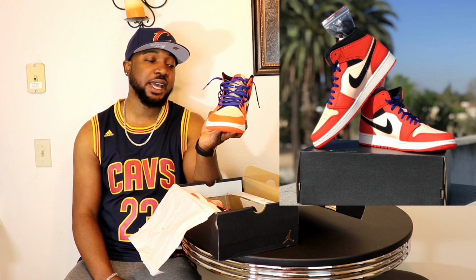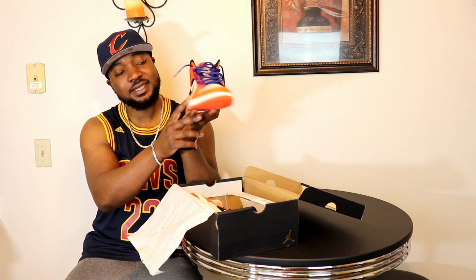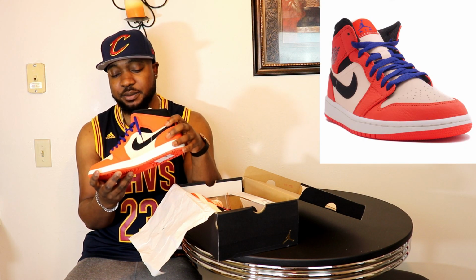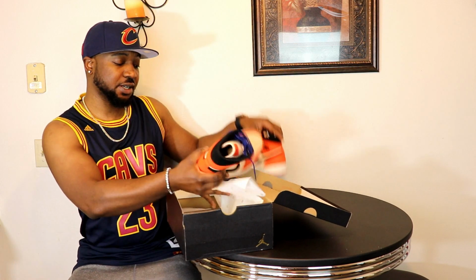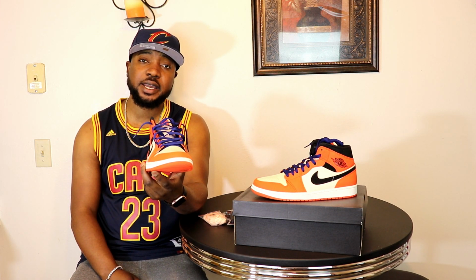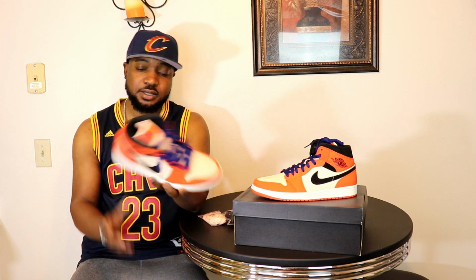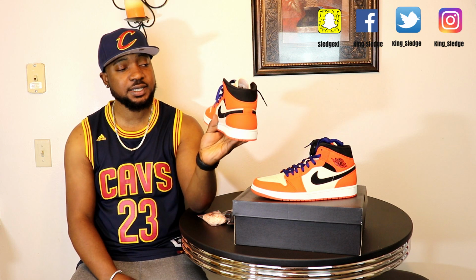They look a little bit like the shaded backboard. The crimson tint looks a little bit like the sail colorway, but it's a little bit off. But I feel like the blue on these shoes. Here, let me bring out the other one before I continue. I feel like the blue on this shoe doesn't go very well with it. I think if these laces were white laces, it'd look very well or better. So yeah, I got these off of Nordstrom for 120, and you're pretty much getting the same